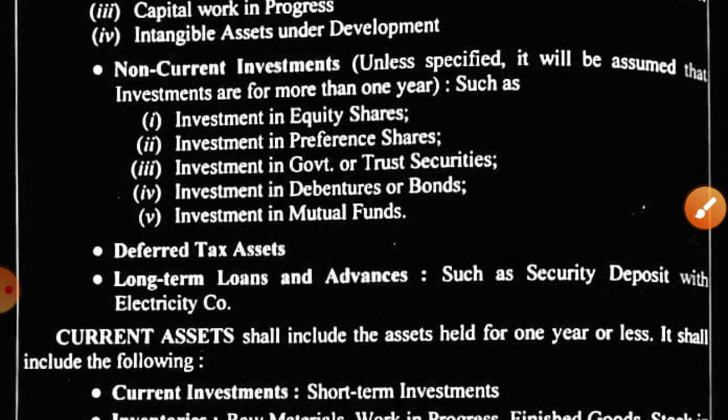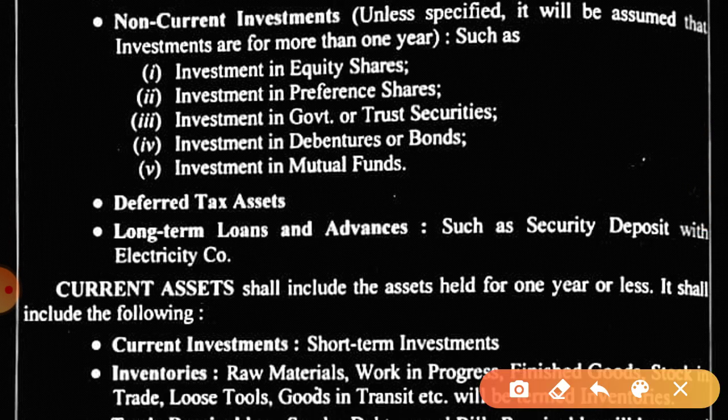What are those? Invest anywhere investment which is for more than 1 year. Now my dear student, if only investment is given in the question, we will treat it as non-current investment. So all the investment will be treated as long-term investment until and unless mentioned in the question. If the word current investment is mentioned, or the period is mentioned and it is less than 12 months, then only we will take it as current